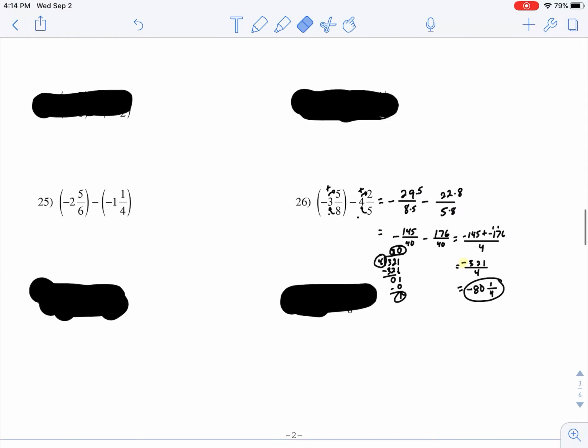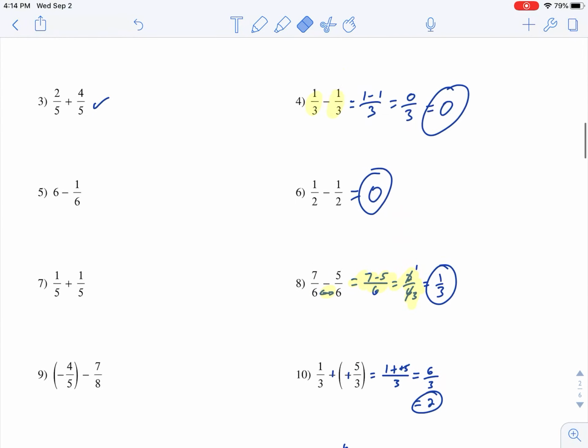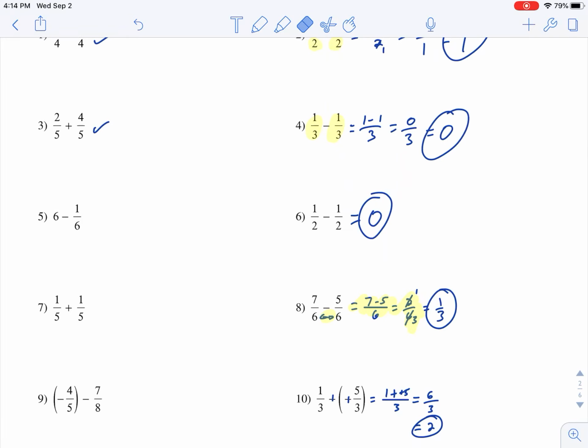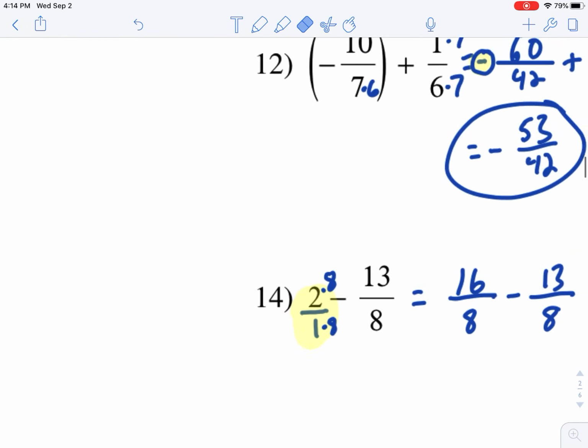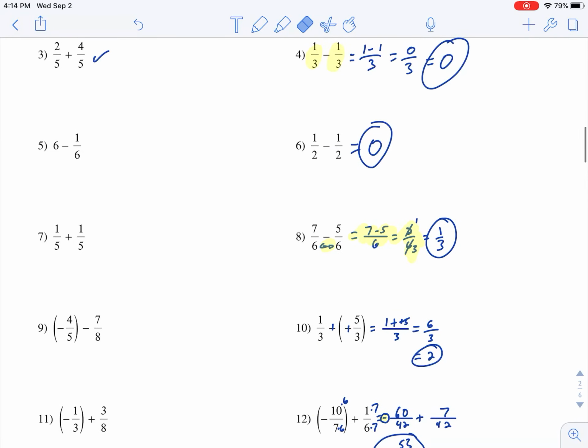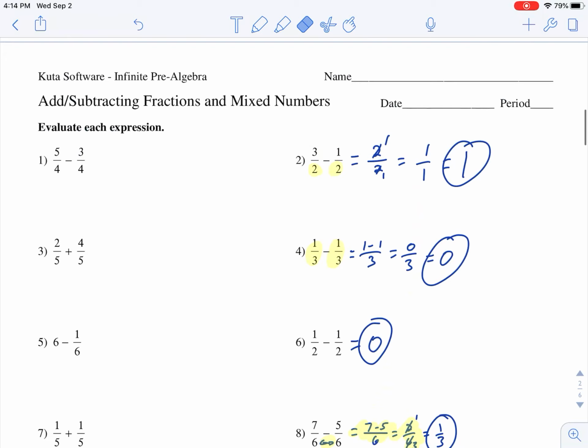Looking back at number 5 is going to be a lot like when I did number 14. You need to put 6 over 1 before you begin. So keep that in mind. But do your best on these. If you have questions,